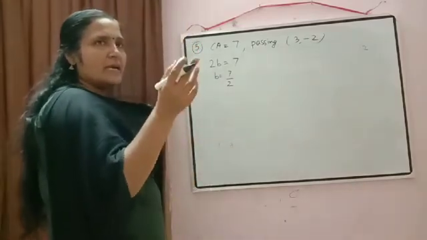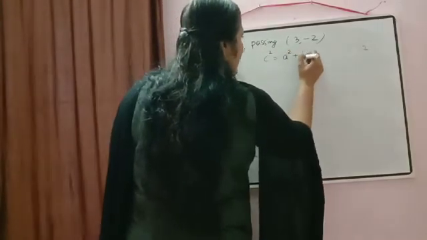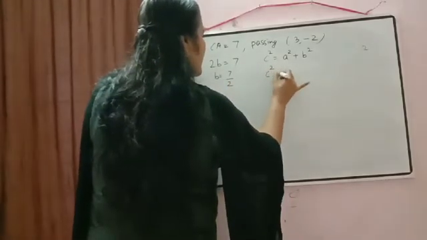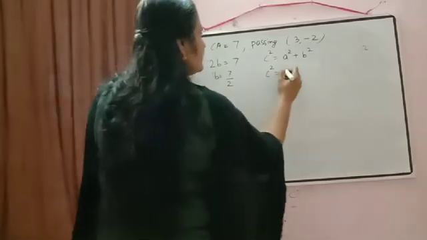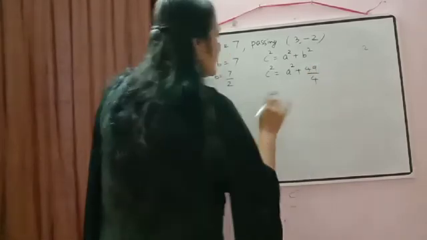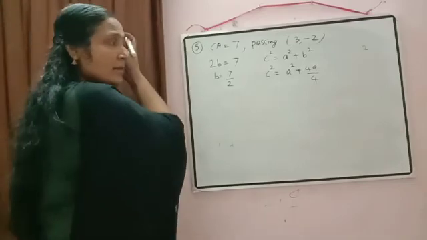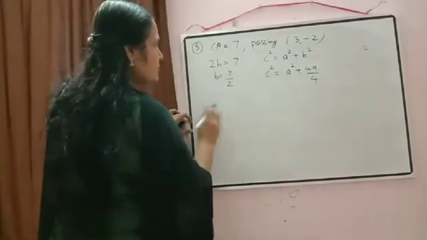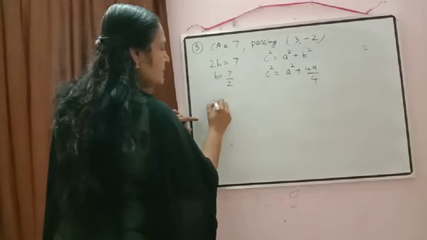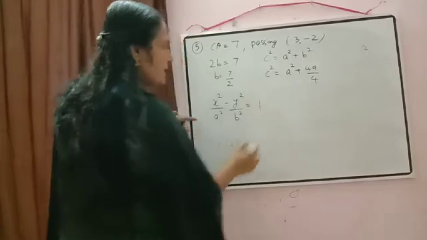So first, can we write down that relation? Okay, what is that relation? c square is equal to a square plus b square. What is the value here? b only is given. So we can rewrite here c square is equal to a square plus 49 by 4. This is the relation which we have there. Rest anything is not given. Okay. So now here what we can do? We can write down here passing through 3 comma minus 2. So our equation of hyperbola will be x square by a square minus y square by b square is equal to 1.